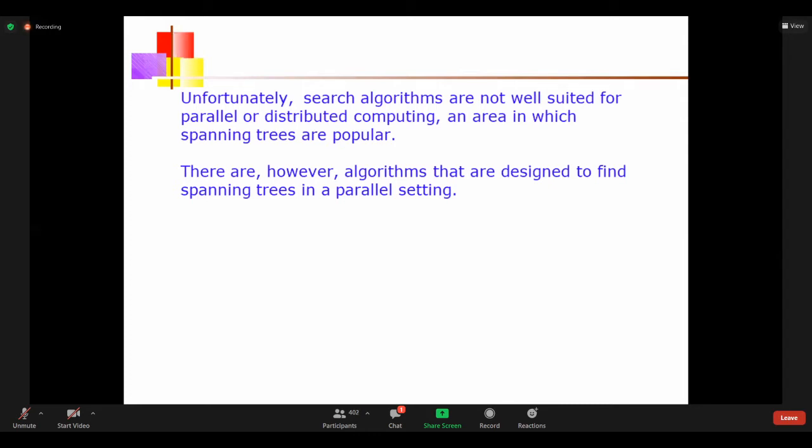What do we mean by a spanning tree? We have a graph, and in that graph there are two or more connections, so it is a cyclic graph. If it is a cyclic graph, we don't require that many cycles. We want only one path for a particular node. In a network, when I want to share a file, if A to B is there, A to C is there, and B to A is there, there are so many clumsy connections. But I want to send the file only one time.